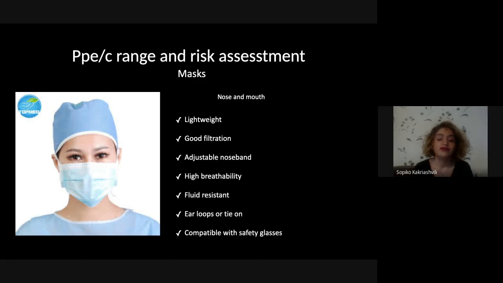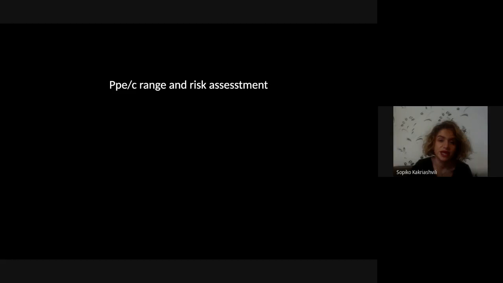It should be fluid resistant, because while we are working with patients, droplets land on our face mask, and if it is not fluid resistant, they can go through the mask to our nose and mouth, and we won't be protected from them. It should have ear loops or ties in order to use them well, and be compatible with safety glasses. That's why I have already said it.